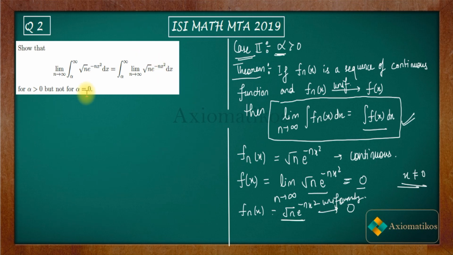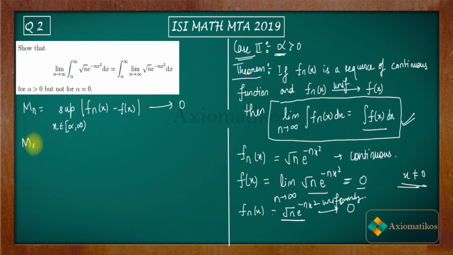For this matter we can use the definition. By using the definition also it's easy, but by using the Mn test it's a little bit easier for me to explain, because if I use the definition then I have to explain many things. So I will directly use the Mn test. What the Mn test actually suggests is that if the supremum over x belonging to alpha to infinity of |f_n(x) - f(x)|, call it Mn, goes to 0, then your sequence of functions is uniformly convergent. Are you getting my point or not?